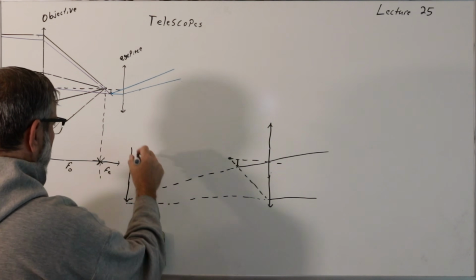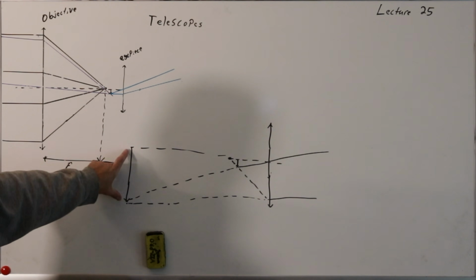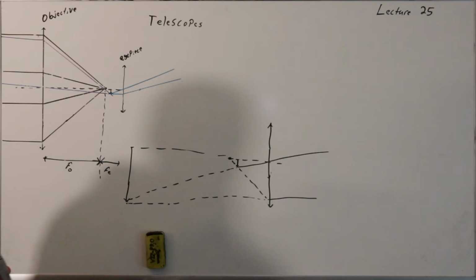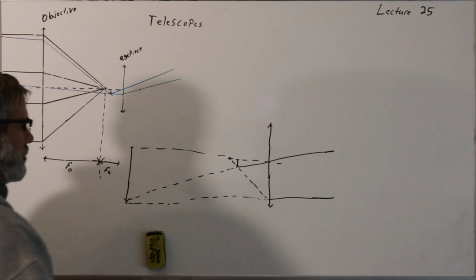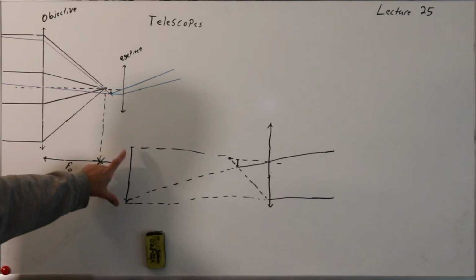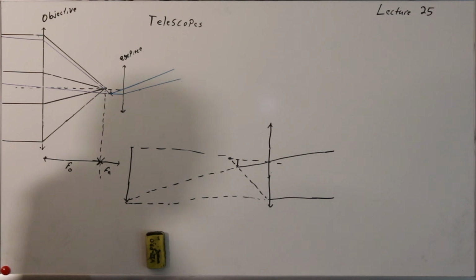And it's inverted here because the thing we were imaging was already inverted, right? So it's going to stay inverted. So there's my virtual image. So when I look at it from over here, these rays coming out seem to be coming from this point back here. So I see what appears to be a much larger version of this thing just beyond my focal